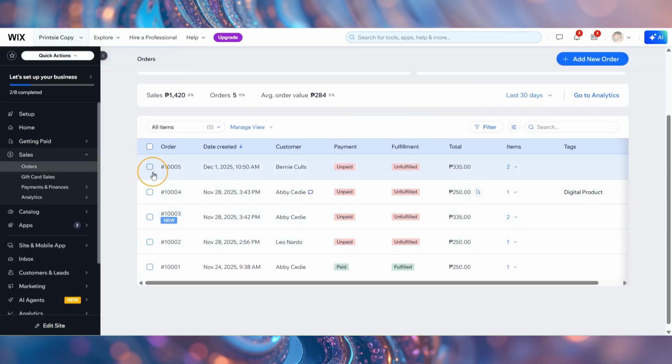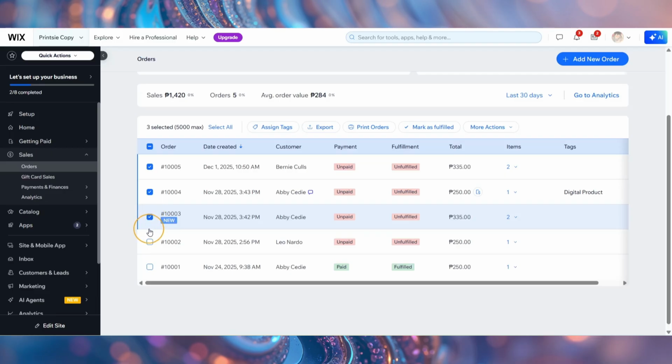Tick the check boxes of the orders you'd like to work on. Select as many as you need to. Once you do that, options will appear at the top. You'll then have the options to assign tags to your orders, export them, print them, mark them as fulfilled, and